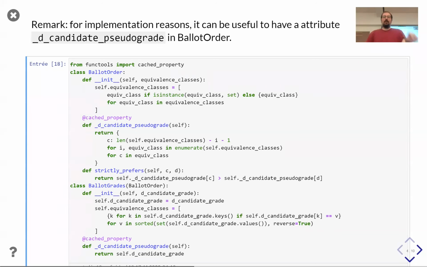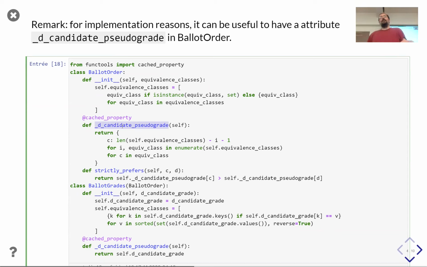It will not check in the dictionary d_candidate_grade, but in the dictionary d_candidate_pseudo_grade, which is slightly stupid because you need to construct a second dictionary before looking for the information that you want, whereas you could have simply looked at the first dictionary.